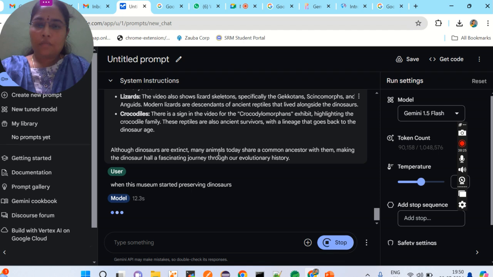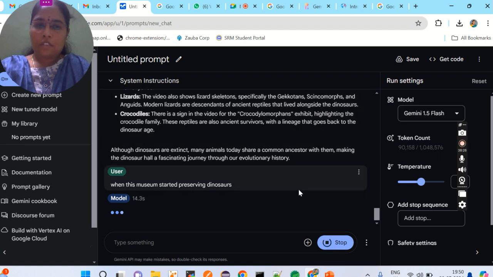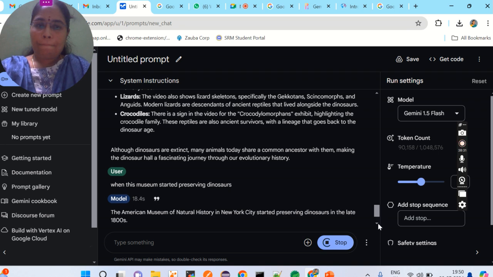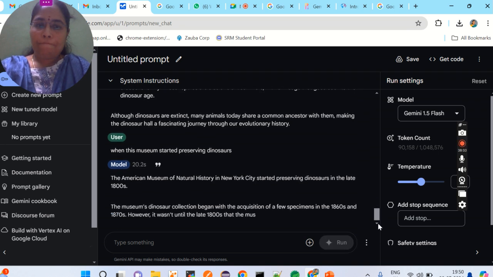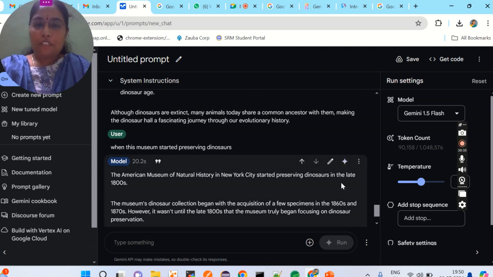It is taking some 11-12 seconds. So preserving, they started in